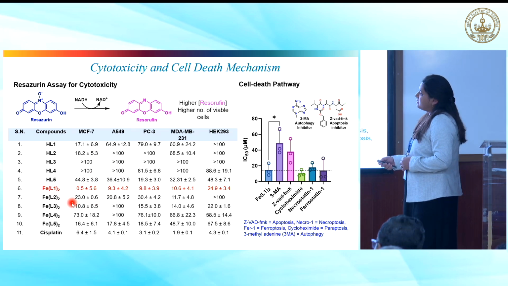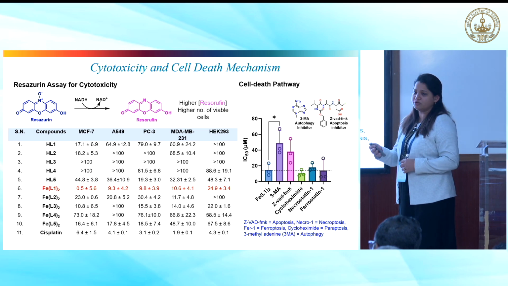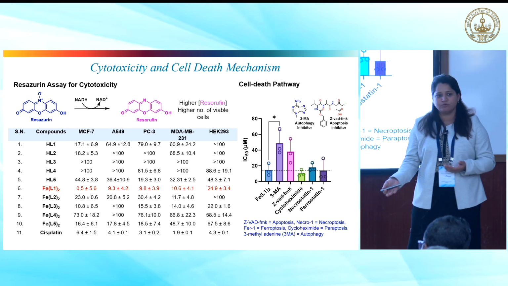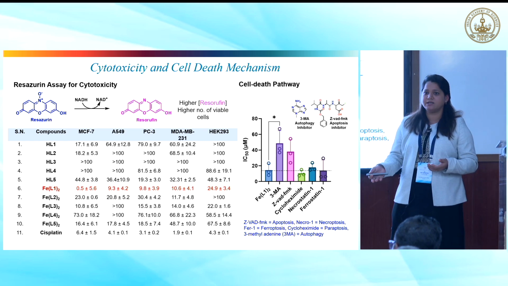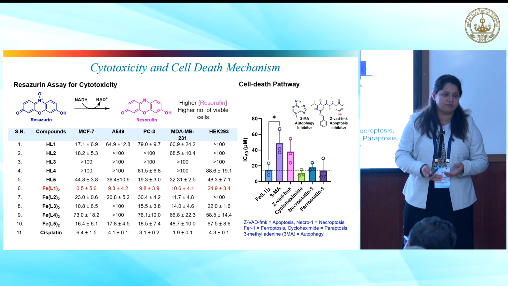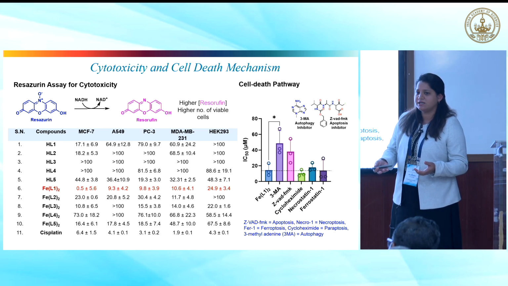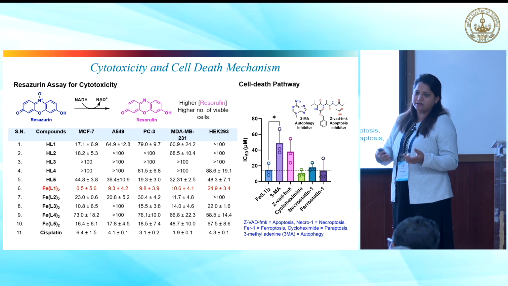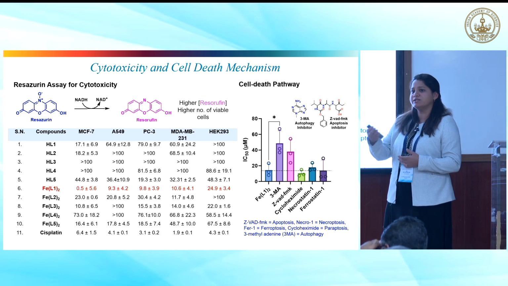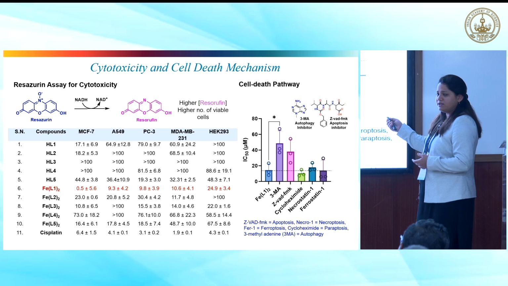Once we got the activity in the cancer cell line, the story does not stop here. Once you synthesize the compound, once you screen them against different cancer cell lines, that's when the actual story starts, because you don't know the mechanism of the cell death pathway. It's very much like this: if you are eating an antibiotic, eventually you have to know where that antibiotic is going, where it is targeting, what cell death pathway. So that's when the actual story starts.